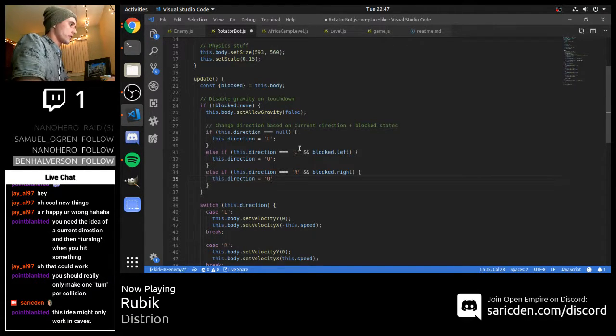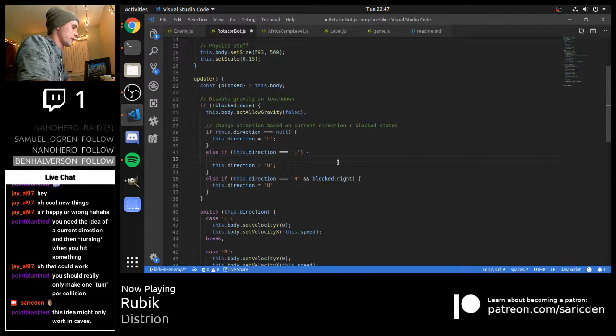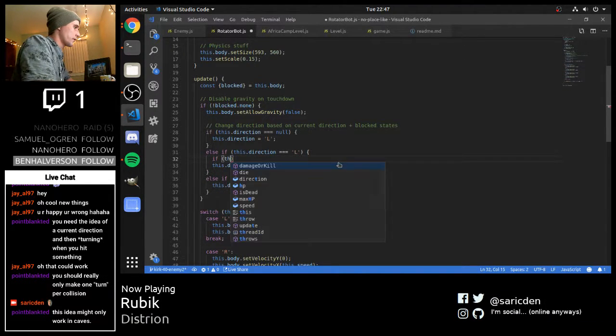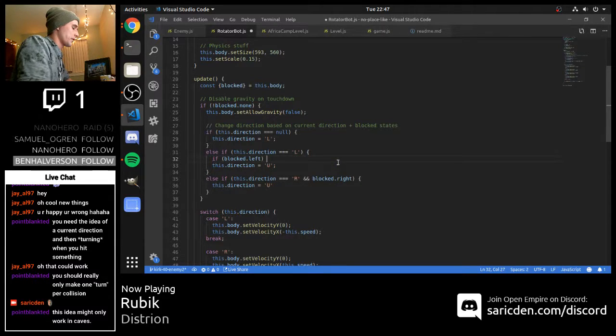Wait, no. We gotta go even deeper than this. We gotta say, if the direction is left, if this dot blocked, or not this dot, damn it, blocked dot left,